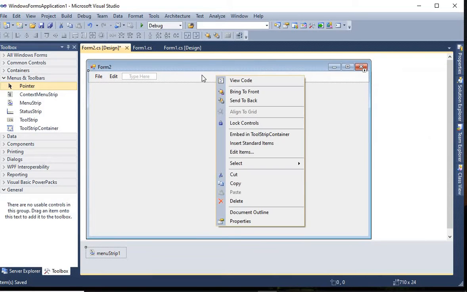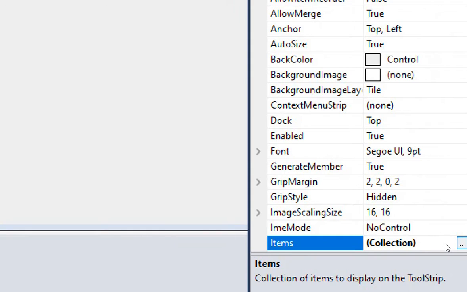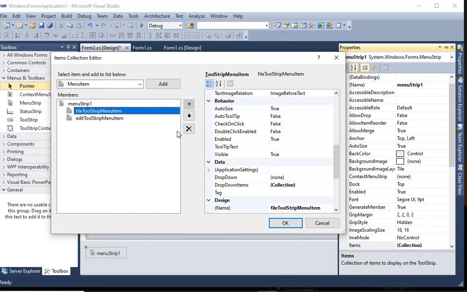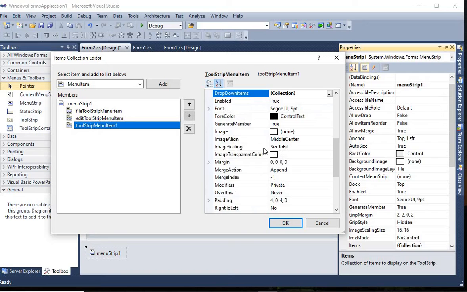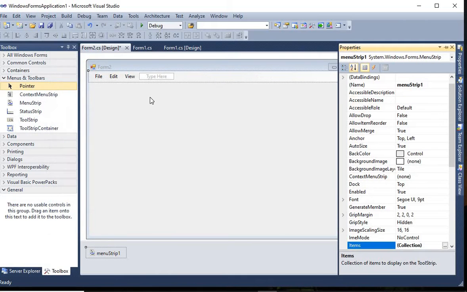And from the property also, the Items property is used to provide this facility which we have directly used over there. Just click it and you can see it. I am writing View over here, then press OK, then you can find it over here.